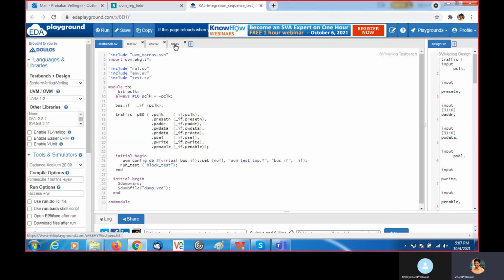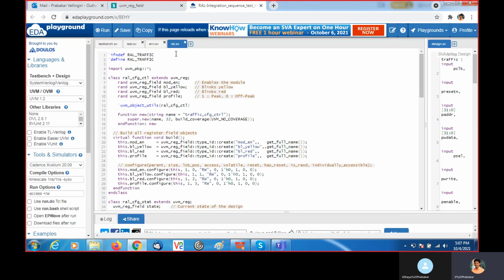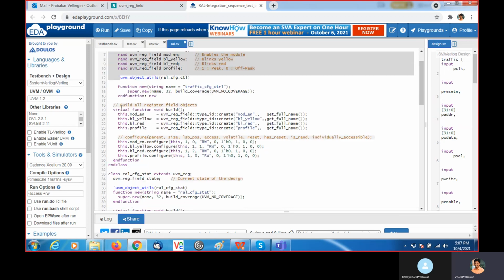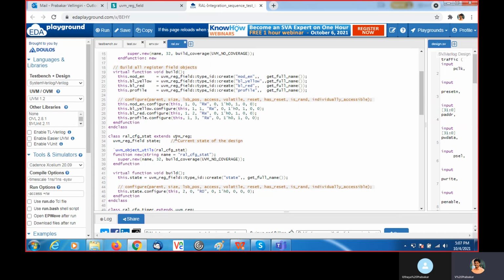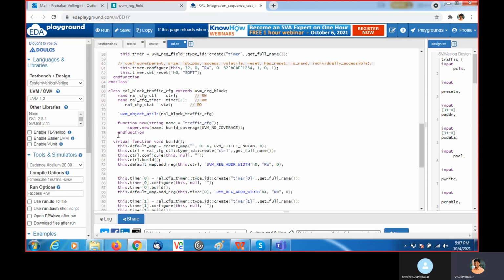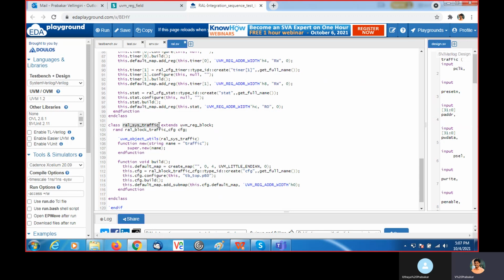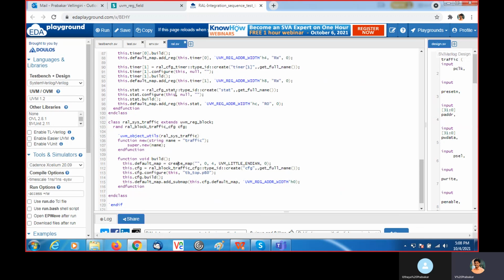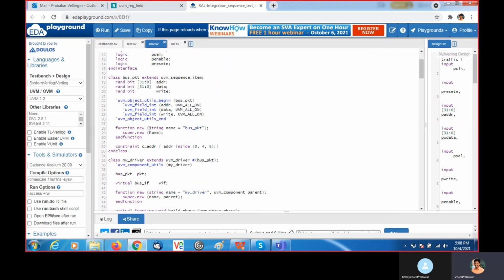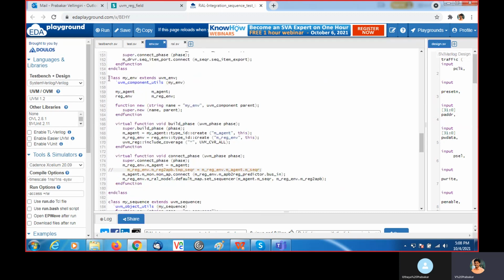During the integration part, we discussed this reg.sv, that means the register model. For each register, we need to write a class by extending uvm_reg, and then we create a register model by extending uvm_reg_block. We use this as a sub block, and we have the top level register block. Analysis traffic, we created this. An environment, we created an adapter.